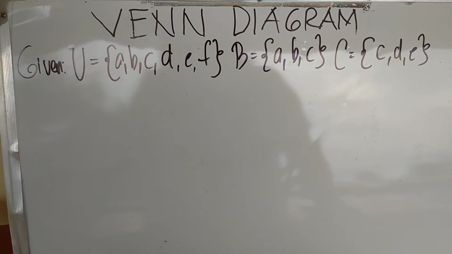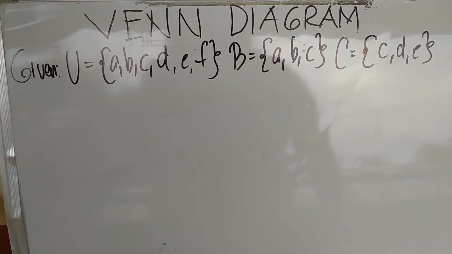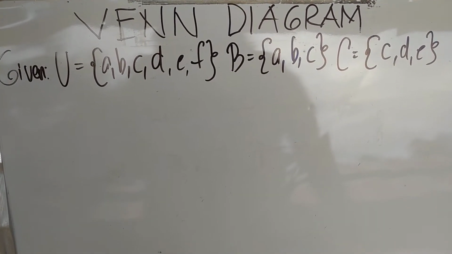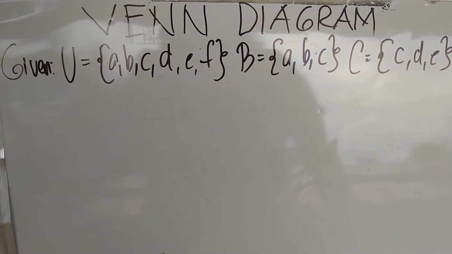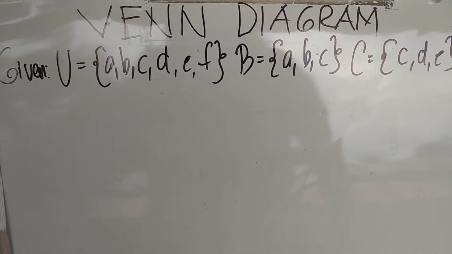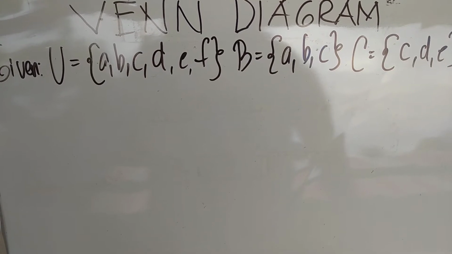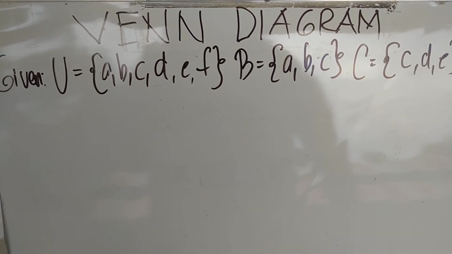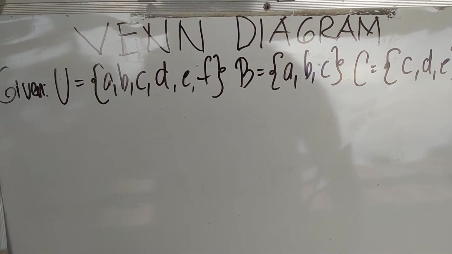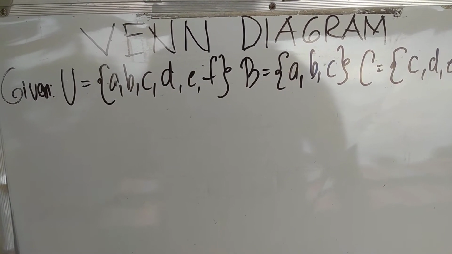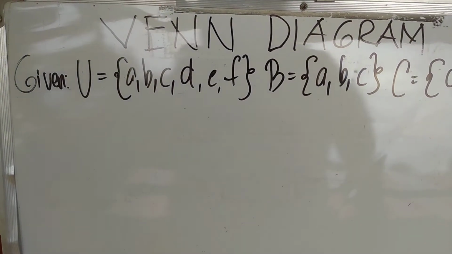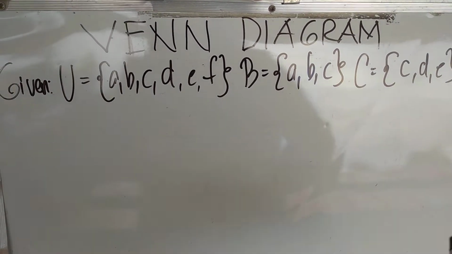Hello guys. This time we're going to discuss the Venn diagram. So what is this Venn diagram? A Venn diagram is an illustration of the relationship between and among sets. Okay, so as you can see, we have here